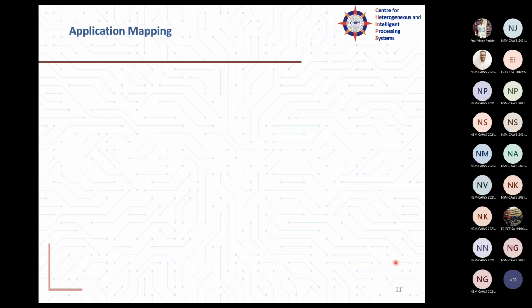So what I really mean by that, now let's say I have an application which looks like this. This is, let's say, a graph which has